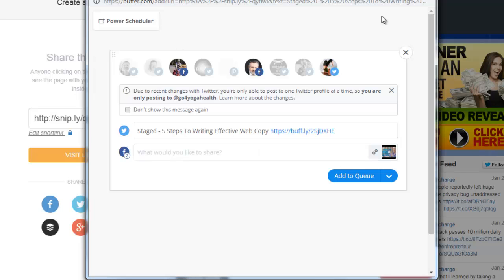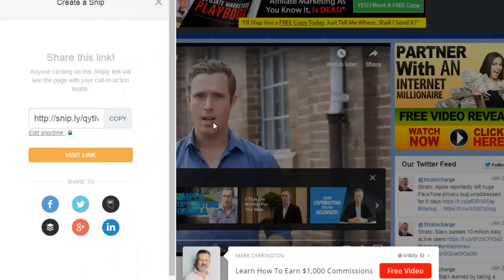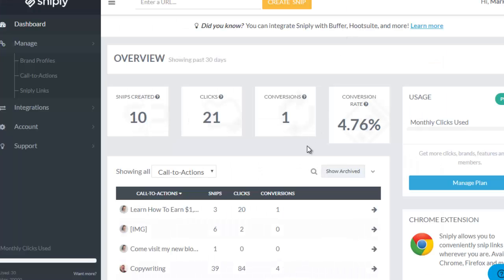I'm not going to do that now, but it's a very powerful way to then get, with one step, this call to action enabled winning tweet reposted across a multitude of platforms. So I'll close that one down now. I'm going to step across to Sniply and just show what Sniply, I have started this process literally in the